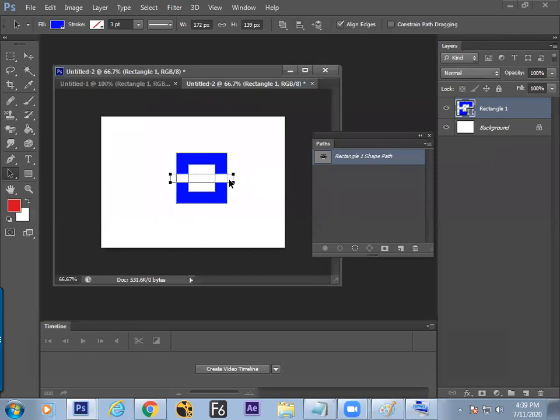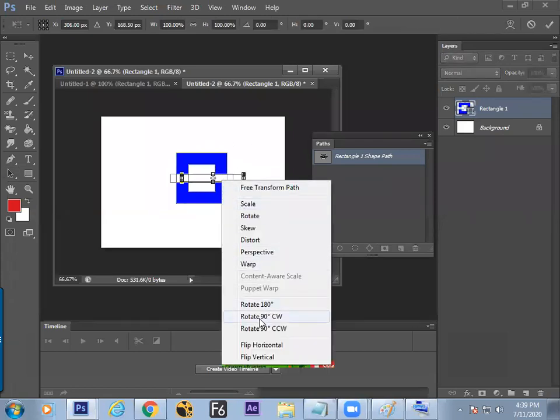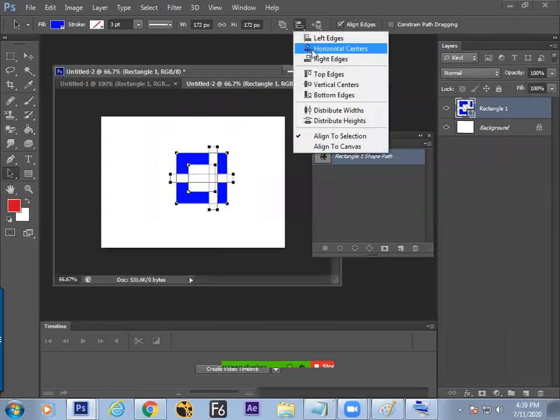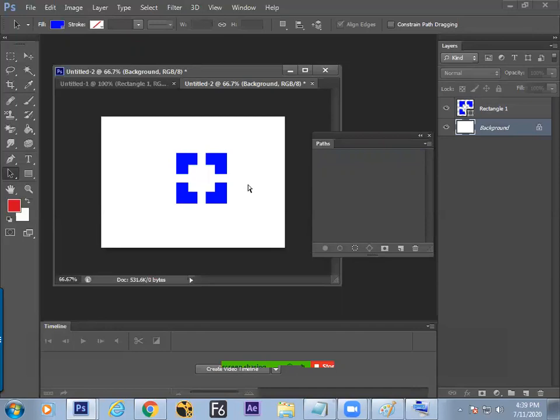Now get it duplicate, get it transform and switch the rotation to right click 90° clockwise. Select everyone, do the alignment. Job is done. Now you can switch from the layer to the other layer and you'll find the same.